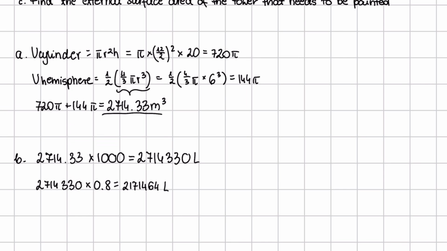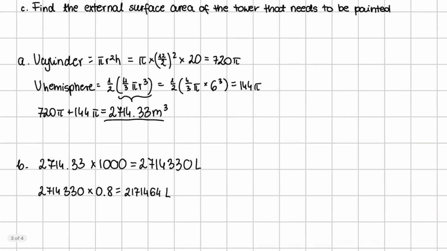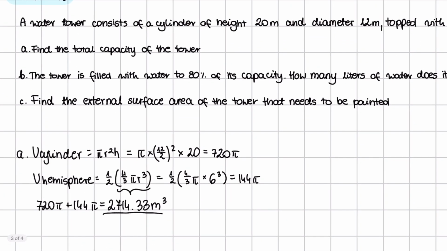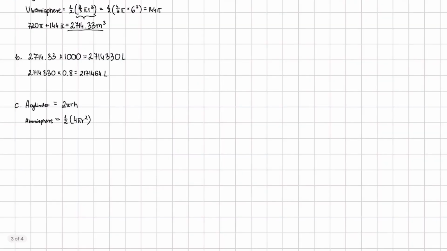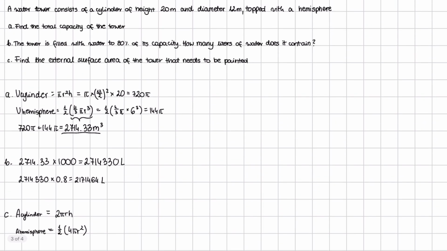So our answer is 2,171,464 liters. And C, find the external surface area of the tower that needs to be painted. And in order to do this, we have to have our formulas for areas of a cylinder and hemisphere from our booklet. So these are our formulas from the booklet,